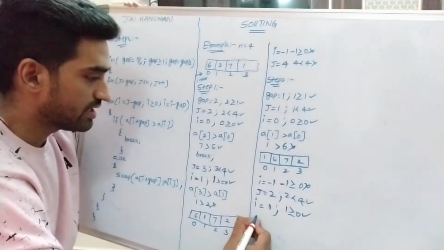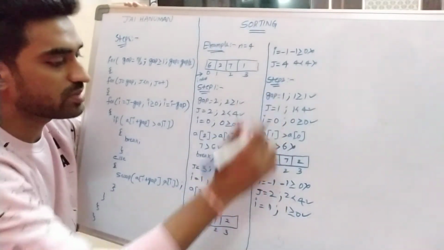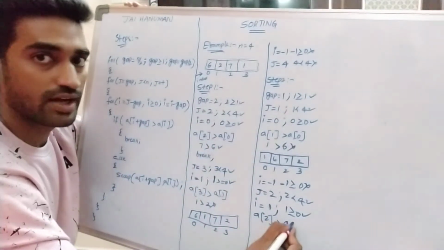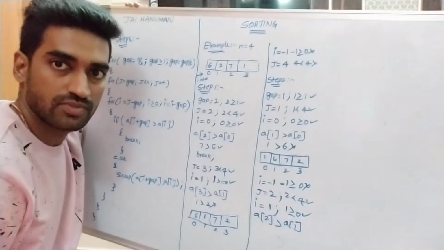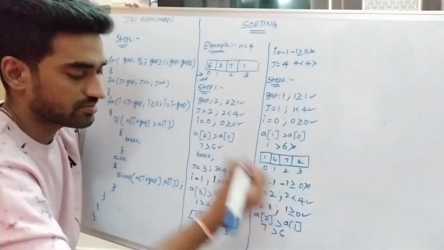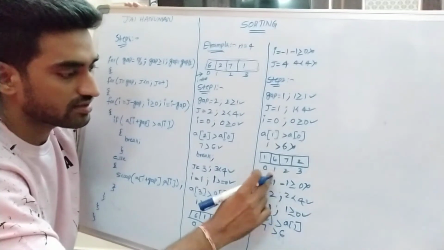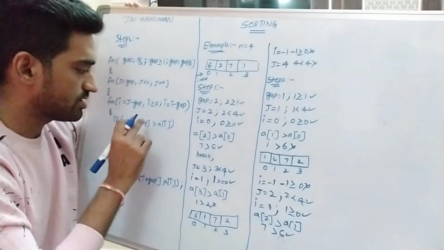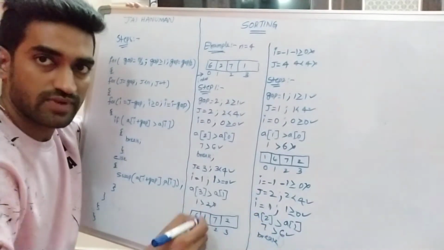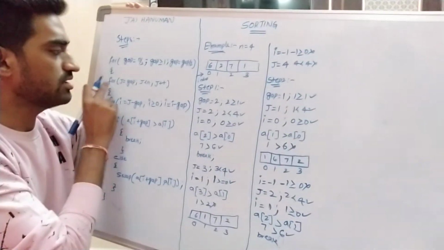So if Y of I plus gap, Y of 1 plus 1, Y of 2 greater than Y of I, Y of 1, right? So what is the Y of 2 value? 7 greater than 6. Y of 2, Y of 1: 7 greater than 6. Condition is true. So that's why we can perform break operation. Once break is encountered, the control will be passed to this loop, right? Then we are checking this one.